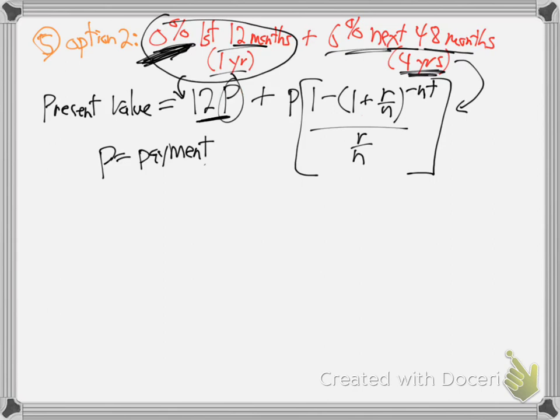It's just whatever the payment is times 12 of those, because it's 1 year, 12 months, of the same payment, 12 times P. I don't know what P is yet. It's just 12 times P. There's no interest formula there because there's no interest. But for the next 48 months, 4 years, there's 6% interest, so just do the normal interest formula. All right, so let's keep going. So this is going to equal